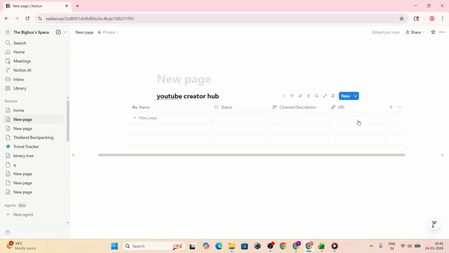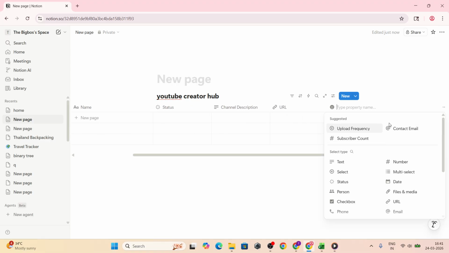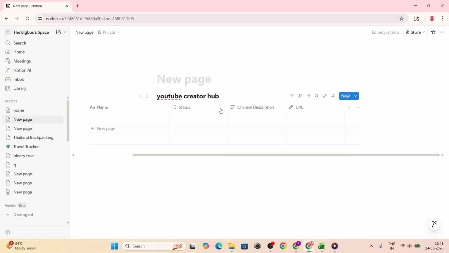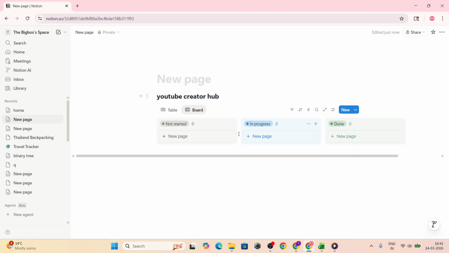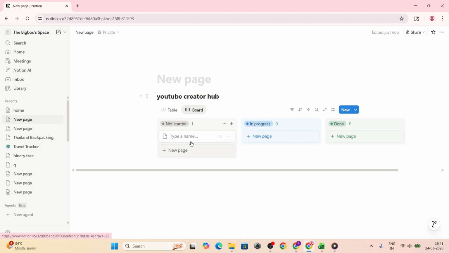Keep property names and options consistent across all entries to avoid duplicates and make sorting and filtering reliable. If you work with collaborators, agree on these labels up front so everyone speaks the same language. Switch the database to a board view and group it by status. Now you can drag each video card through your production pipeline, which makes bottlenecks obvious and progress easy to track